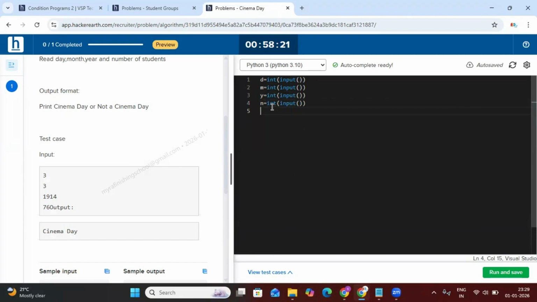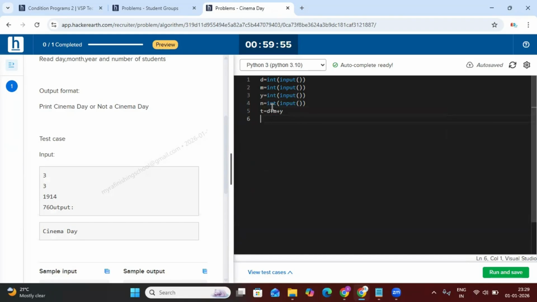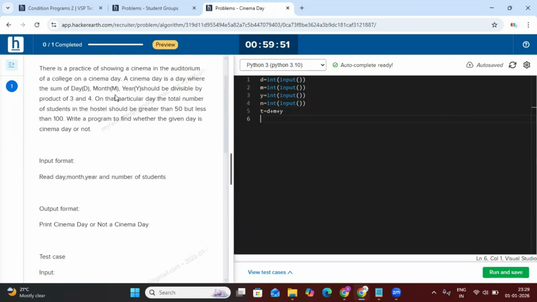After that, what is our requirement? To find the total of day plus month plus year. The total will be taken modulus by the product of 3 and 4. Product of 3 and 4 means 3 into 4, 12. That's why, if t modulus 12 double equal to 0 and number of students greater than 50 and number of students less than 100,